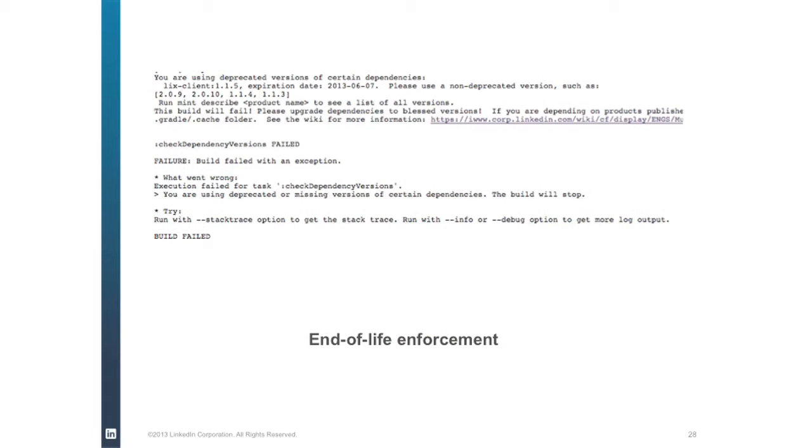And then we can do things like the version management I talked about. I don't know how clear this is, but we actually built into the Gradle plugins a non-optional task. You run this task, and it will validate that you are using up-to-date dependencies, that your dependencies have not been end-of-lifed, and try to give you some nice messages about what you need to do if you are using end-of-life dependencies.